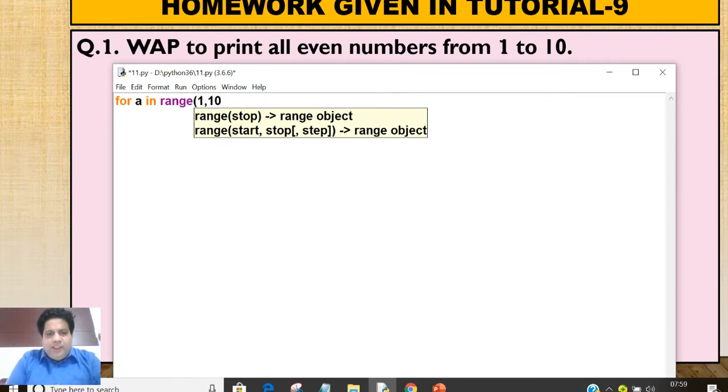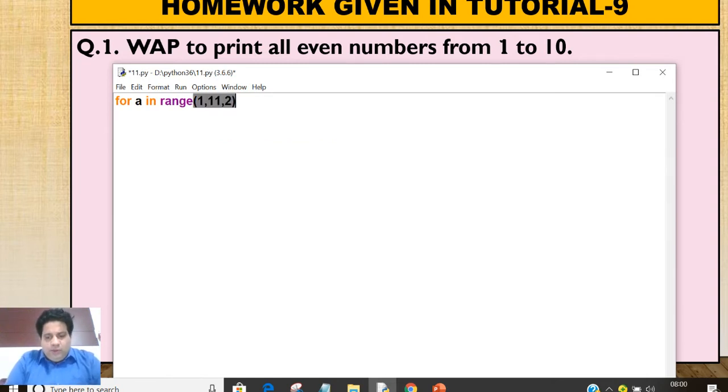If you write 10, it will not execute the loop till 10. It will always execute the loop till upper limit minus 1. I told you that the loop runs up to one less than the upper limit. So you should give 11. And by how much should it increase? By 2. Now the problem with this program is that it will start printing from 1, and 1 is not an even number. So the start value should be 2. It means the lower limit should be 2, the upper limit should be 11, and the step value, by which the loop increases, should be 2.